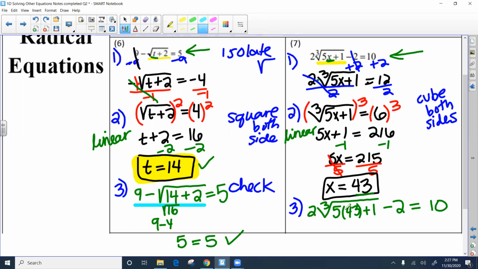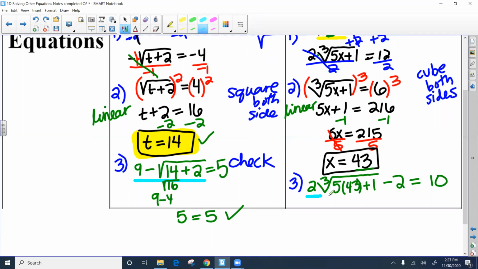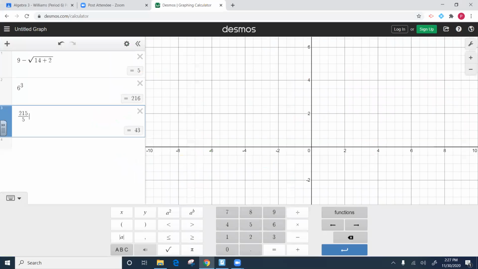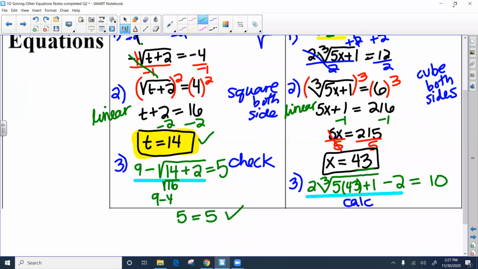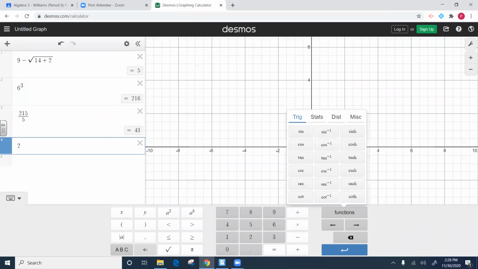personally, I don't want to do all this arithmetic, but I do want to check. So I'm going to just plug this entire left side into my calculator and see what I get. So I'm going to plug that in. All right, so we have 2 cube root. So to find the cube root, it's not in my menu right here, but if I go to functions,